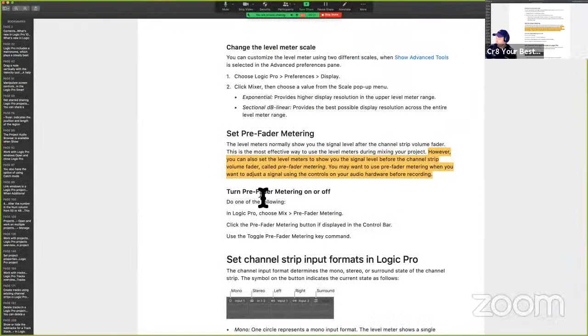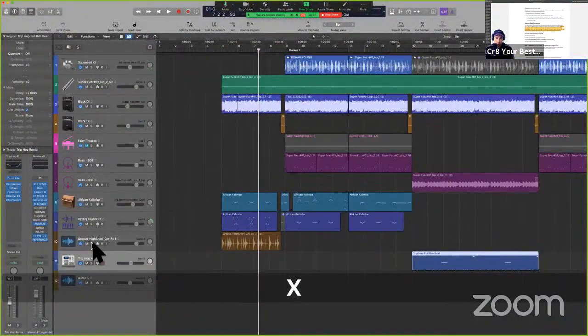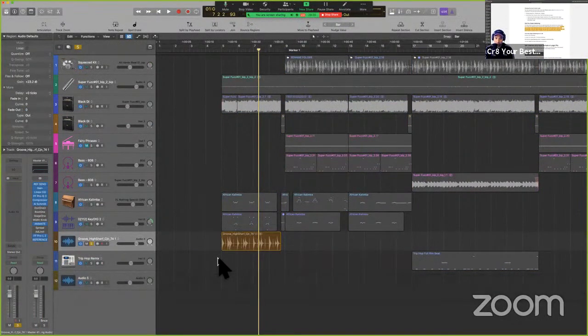Let's talk about pre-fader metering, kind of a controversial subject, and let's get everybody on the same page here. So this level meter shows normally the signal after the channel strip. So for example, if I have this cajon here, this is by Yurt Rock, a new company, and if I play that back,